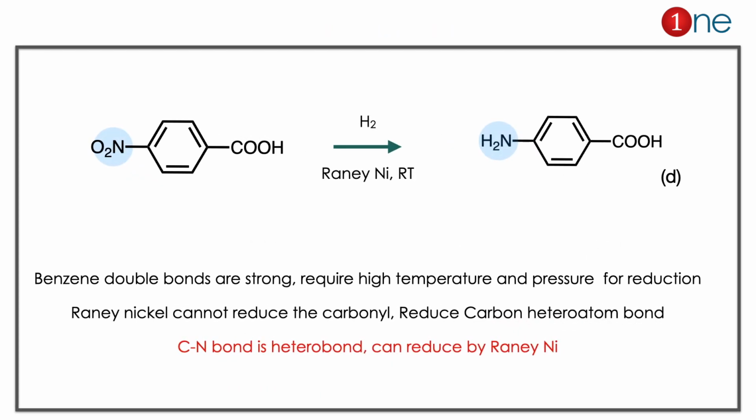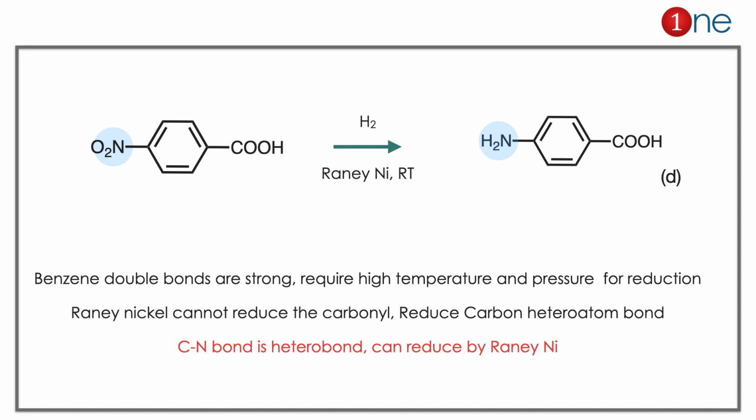In the starting material you have NO2 and COOH. You are using Raney nickel. Raney nickel is a peculiar reducing agent. It only breaks carbon and hetero bonds, carbon nitrogen bond also you can say. Here you can say nitrogen. So NO2 becomes NH2 there. Here benzene cannot be reduced because benzene is very stable. It needs very high temperature and pressure for the reduction there. So the reduction only happens at the amine there. So the answer is clearly D.